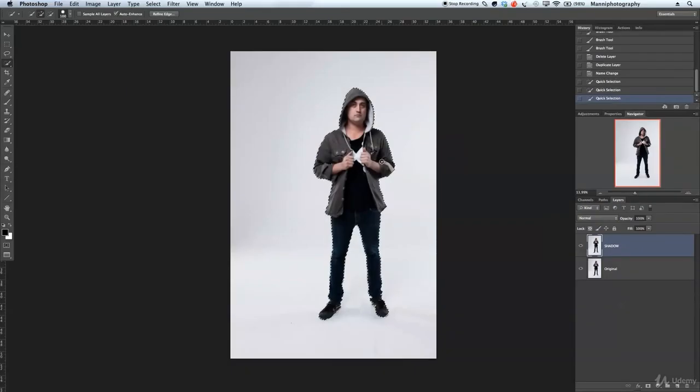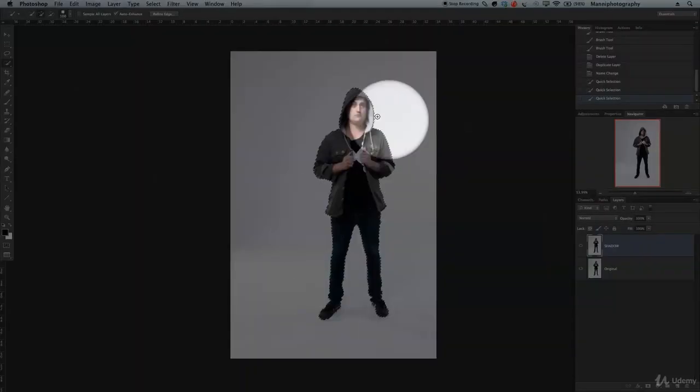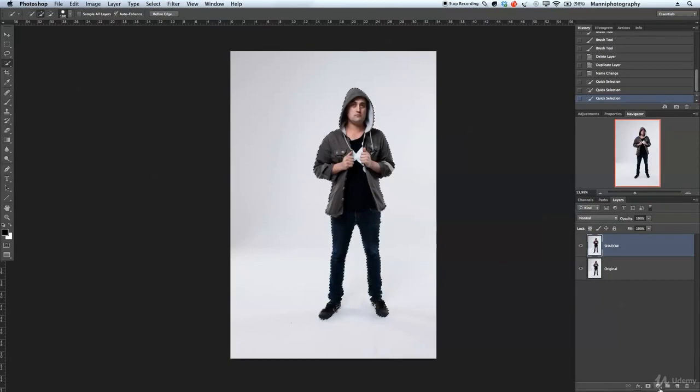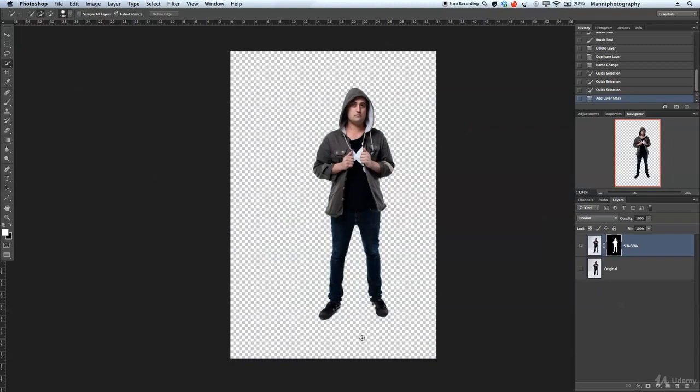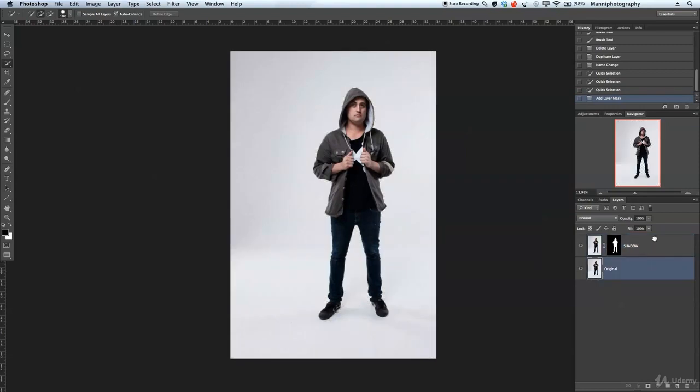So first of all, what we're going to do is create a mask with this shadow layer. So let's go over here and select our mask down here, and we have our mask out. We've comped our complete person out of the mask. It's not a perfect mask, but it works quickly for this tutorial. Alright, put on the original layer again and also back to shadow, and now we're going to do the same